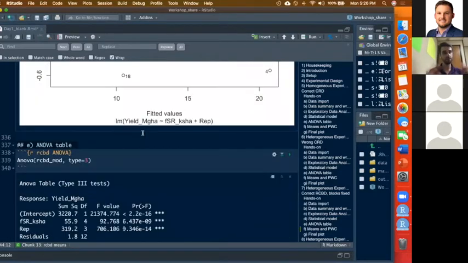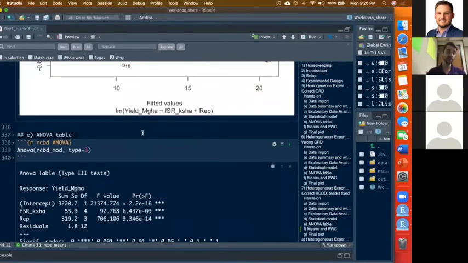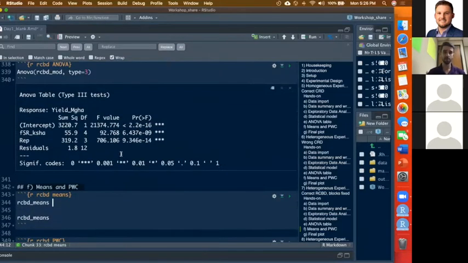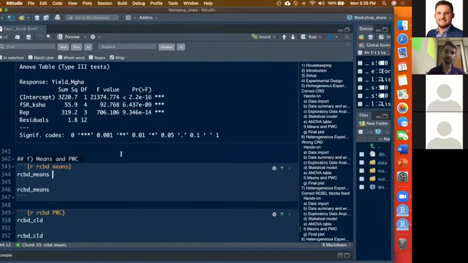Your treatments have a high variance, possibly. If your material was actually heterogeneous, they have high variance. You're not going to be able to find treatment differences, and you didn't block, so the block wasn't there. So there's nothing you can do. You ran a CRD, but it should have been an RCBD. Nothing you can do. If you ran an RCBD, like we did here,